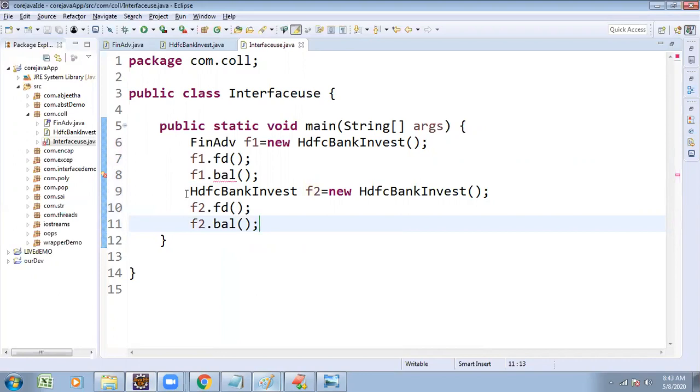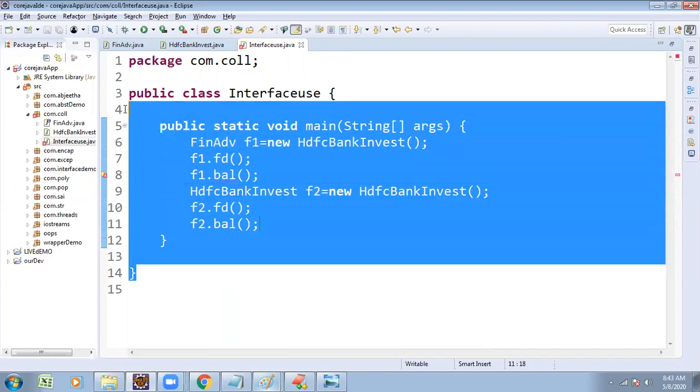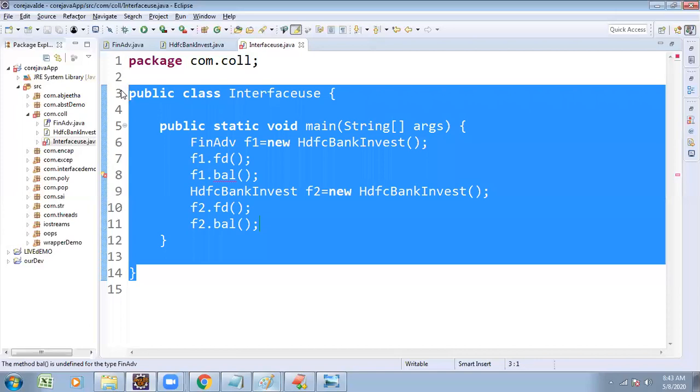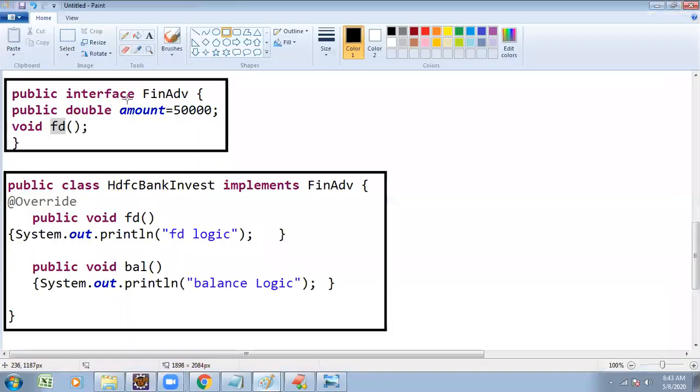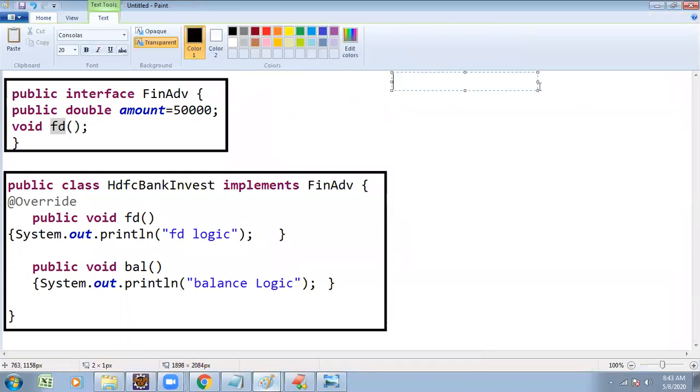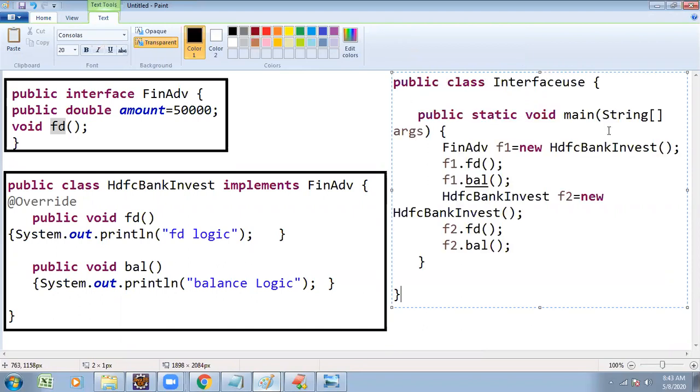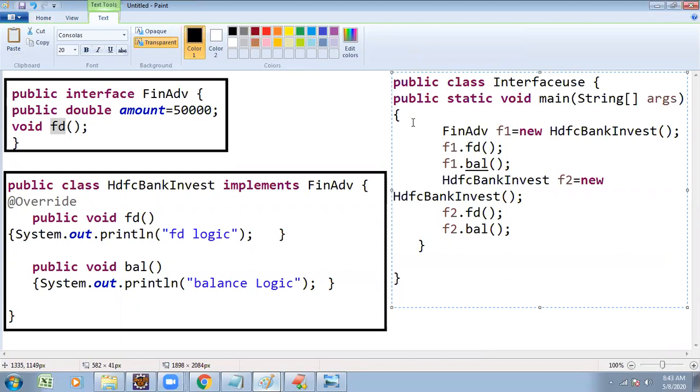Observe this. Now you find line number 8 is not working, and line number 11 is working. Just see, when we created the object based on interface reference, what happened?